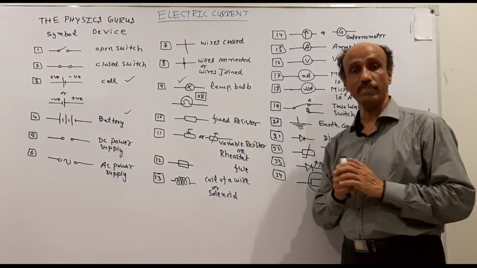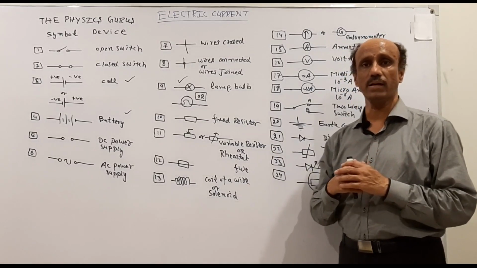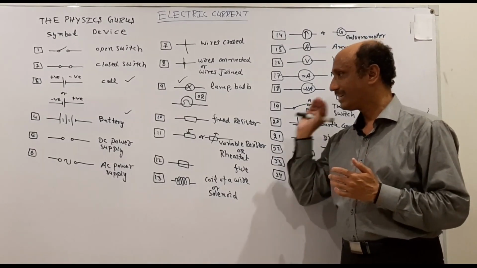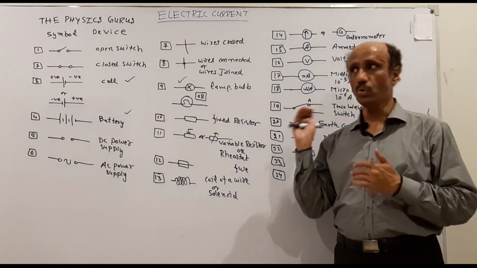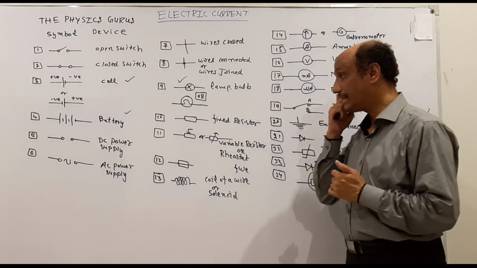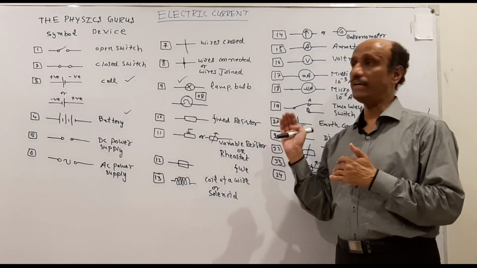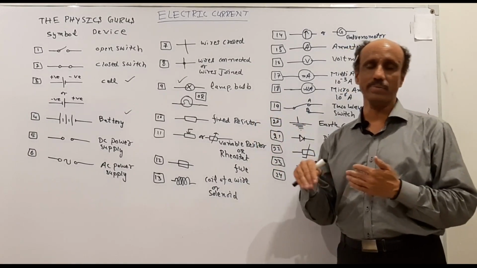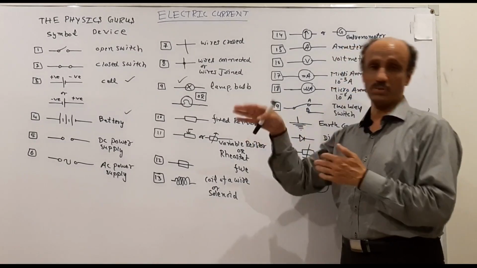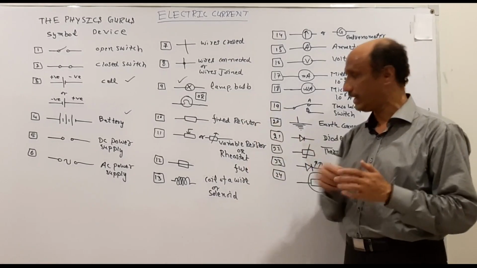The other name of the variable resistor is the rheostat. You have to remember this name. In the paper they will ask what is the other name of the variable resistor. The basic purpose of the resistor is to stop or minimize the flow of the current, and the variable resistor will control the flow of the current. If you increase the value of the resistance, the current will decrease. If you decrease the value of the resistor, the current will increase, vice versa. So resistance increases, current decreases; resistance decreases, and current will increase.